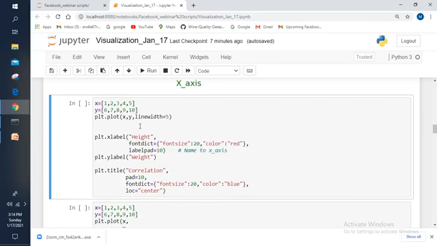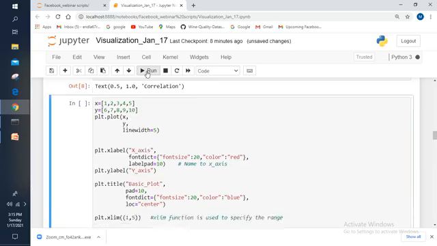Here I have taken the same data and I'm passing that data through the plot function. I'm specifying the xlabel function, the ylabel function, and the title function. Whatever parameters I explained previously, only those parameters I used in the xlabel function, ylabel function and the title function, right? Now let me execute this one.